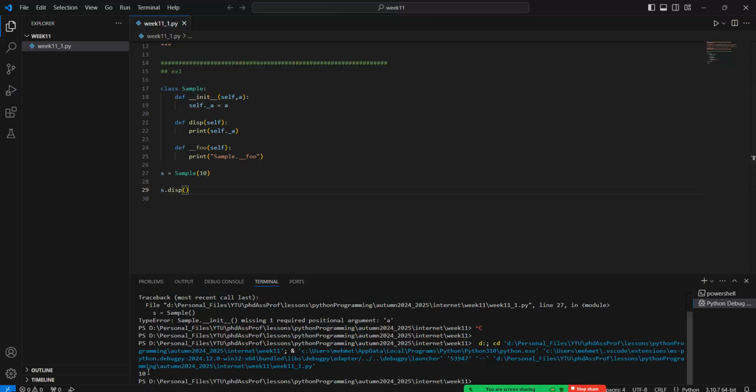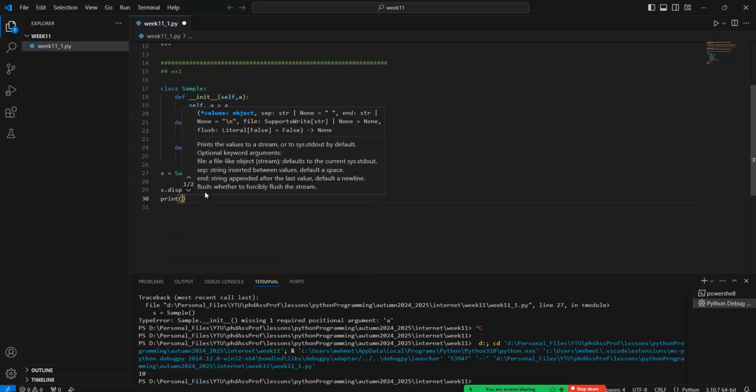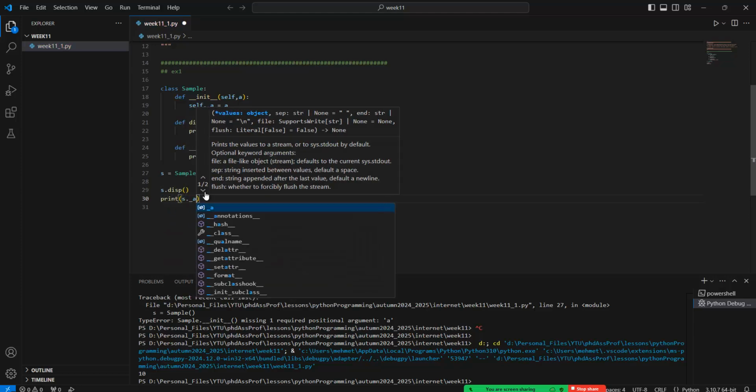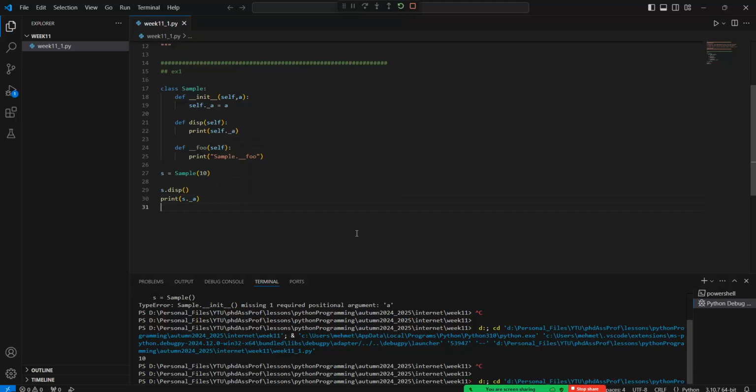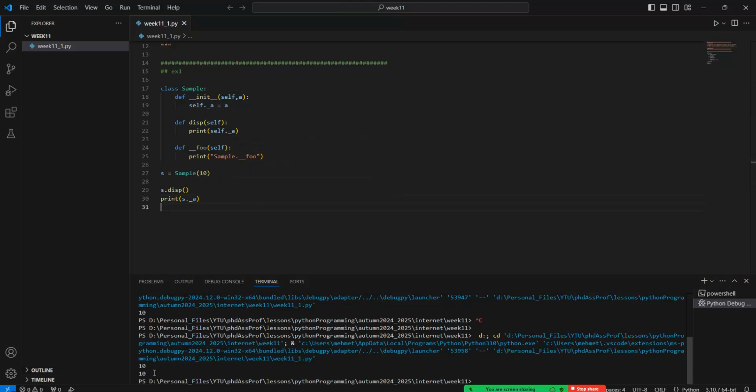Okay, we can see that. But we can also print A just like this one. See the 10